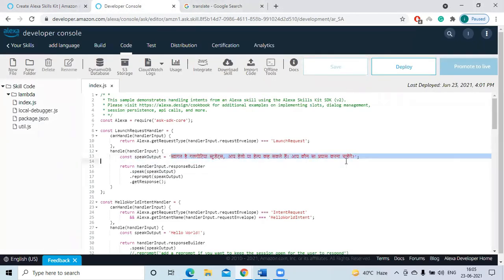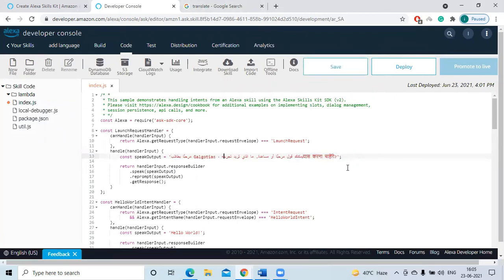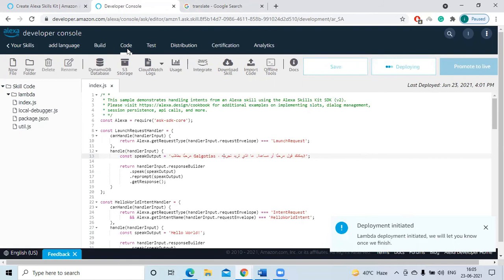Change this code to Arabic. Save, deploy. Go to test.